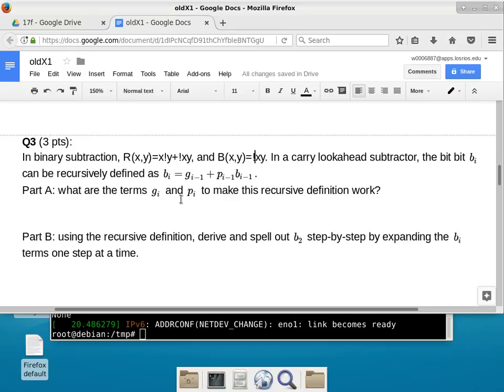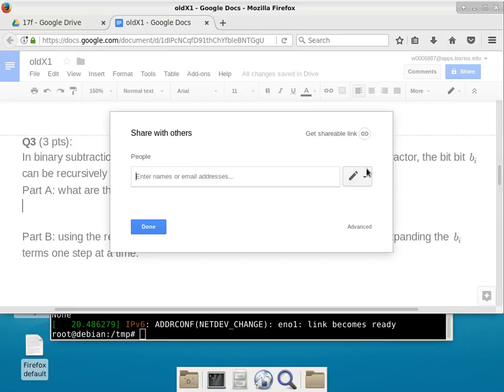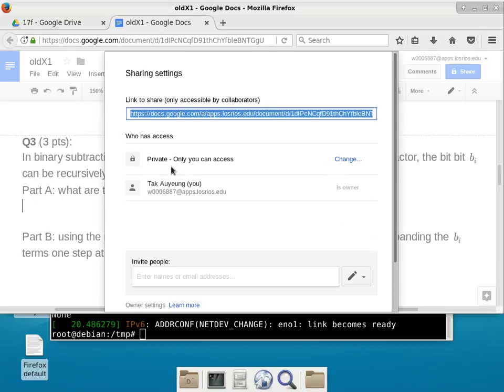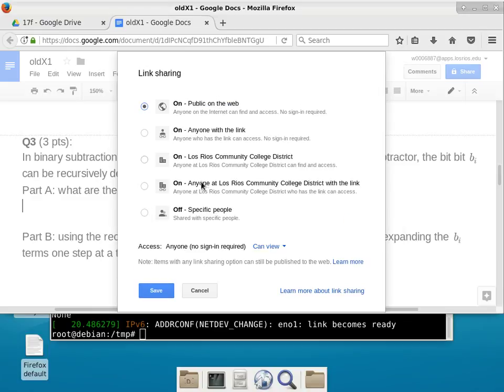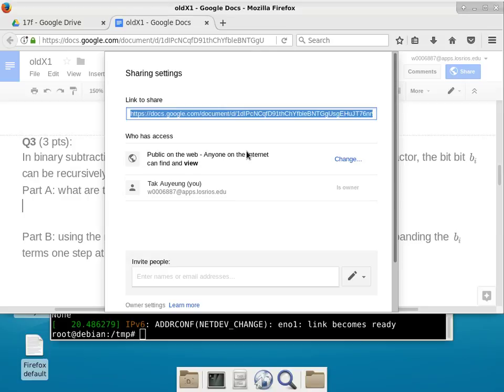What do you think? Okay, go ahead. Do you guys remember the definitions of G_i and P_i? Yep, so in this case, okay, so I'm going to put the answer here. Let me share this first, okay? Because for those of you who have a computer and you say, okay, I want to look at this from a computer, you can do that. So I'm going to say advanced and change this so that everyone on the web can find it and everybody can view it. There we go. Click that. Copy the link,